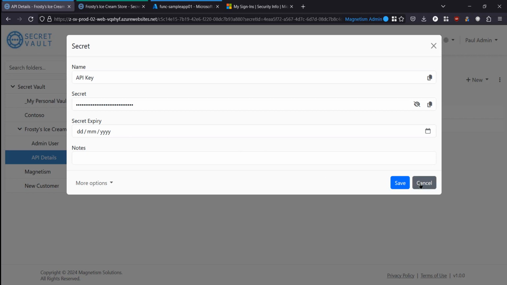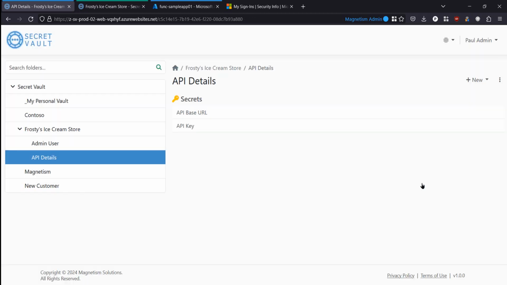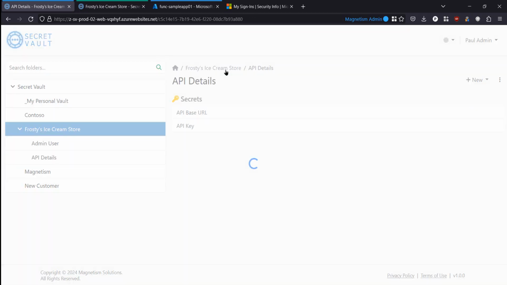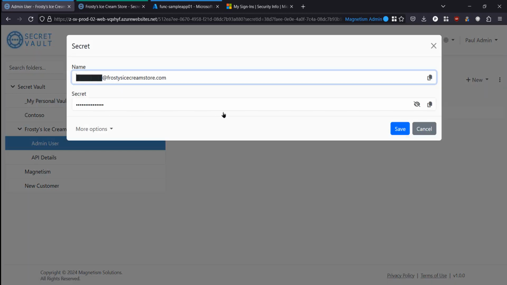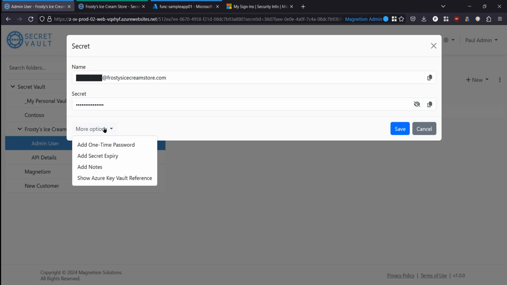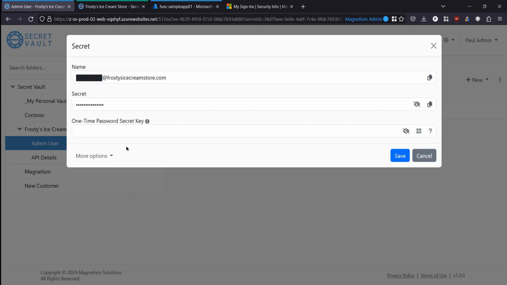We can also add a one-time password, so if we have admin credentials that we want to add a password to, we can go back up to our admin user, and if we open up this secret, we can go into the more options and select add one-time password. This will ask us for a secret key, and this can differ depending on the type of account you're providing. You can click on the question mark, which will pop open an article explaining the different types of secret keys